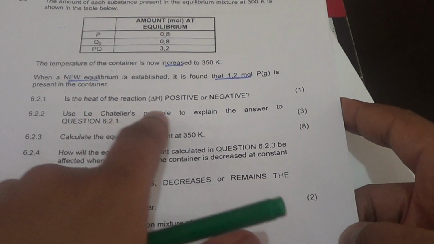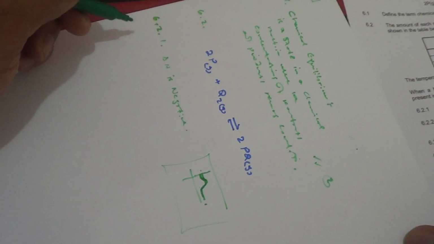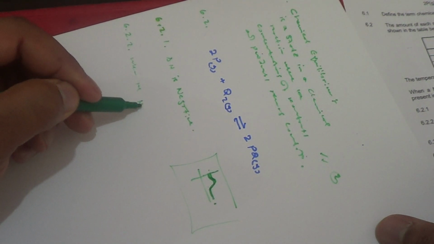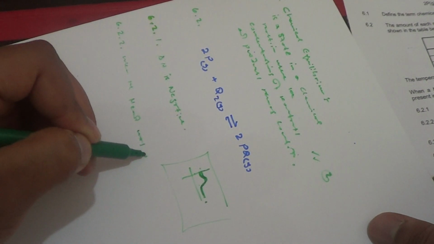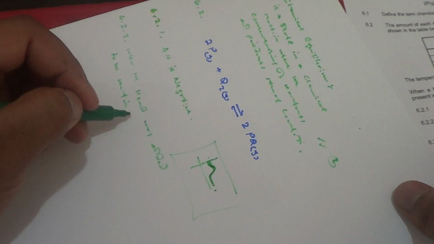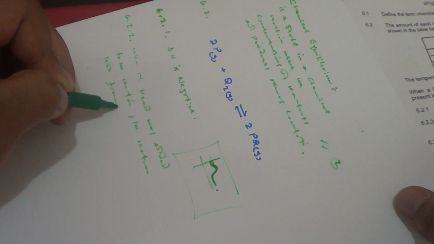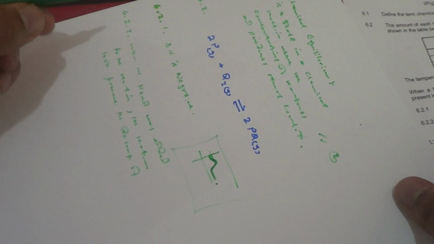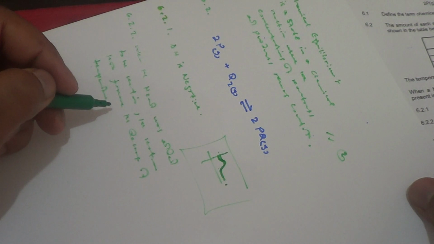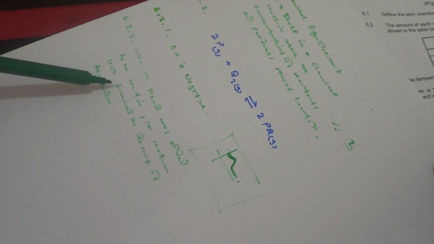Okay, so it says now use Le Chatelier's principle to explain the answer to question 6.2.1. Alright, so it's exactly what we just said. So 6.2.2, we know that when the heat was added to the reaction, or to the system, the reaction that favored the decrease of temperature,